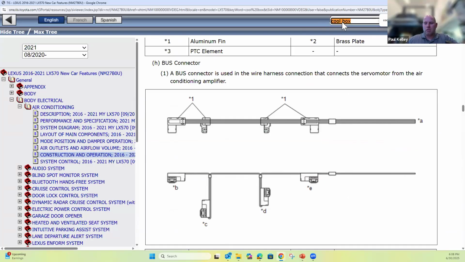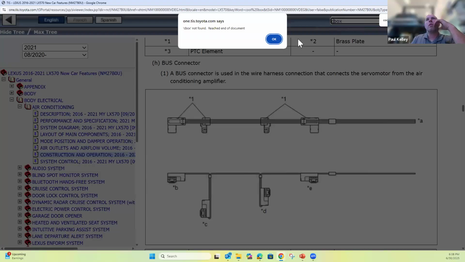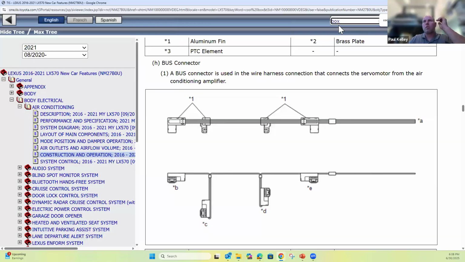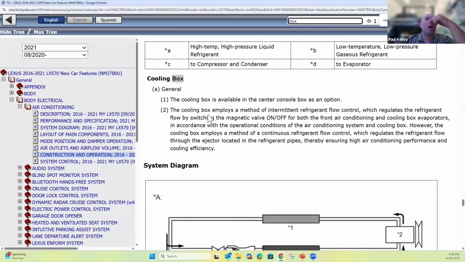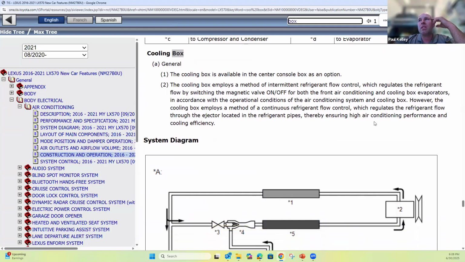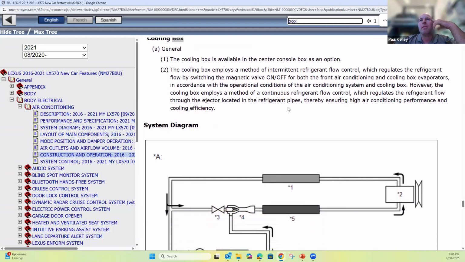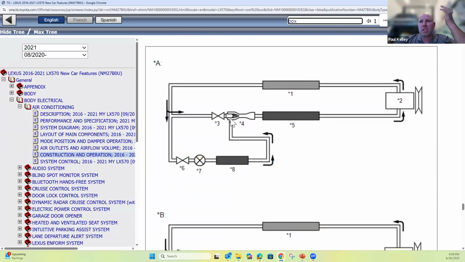Let's just go with box. Cooling box. Oh, interesting. It's available as an option. Cooling box employs a method of intermittent refrigerant flow control, which regulates the refrigerant flow by switching the magnetic valve on and off for both the front air conditioning and the cooling box evaporators. Oh, interesting. However, it employs a method of continuous refrigerant flow control. All right. So what this is basically saying,